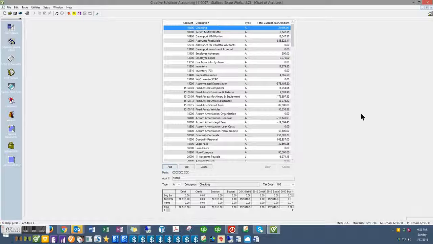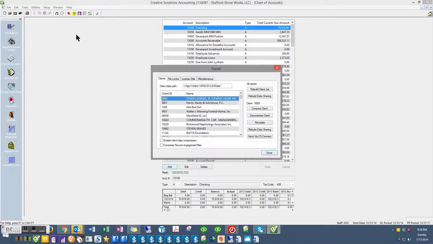This is where we've got to compact the client. In order to do this, you're going to go to help and repair. Once you're on that screen, you will choose the client that you want to compact. Right now it's going to be the same client that we're in, Stafford Stoneworks. So we'll go down to that client,